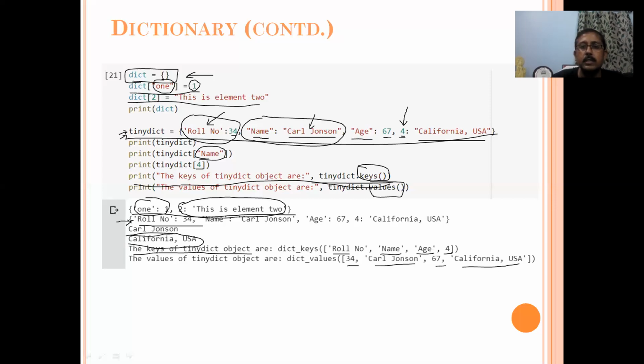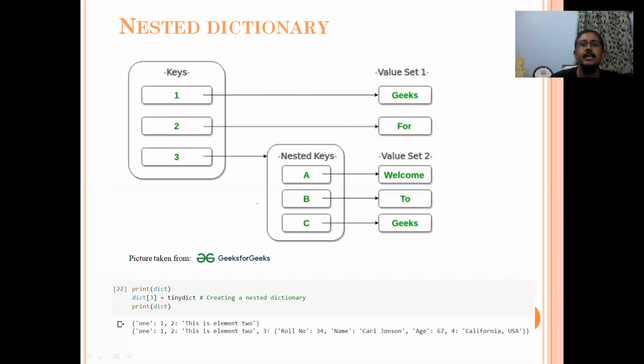So you can just see, right? That is exactly what is there in the tinydict object. So this is how we can navigate through the different elements, or I can access the different elements of a dictionary object, right? Now, nested dictionary, just like the nested list we have seen, I can have a dictionary object